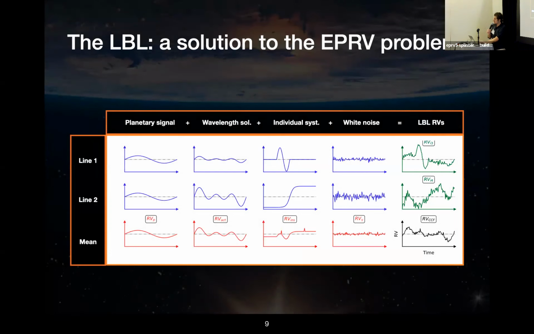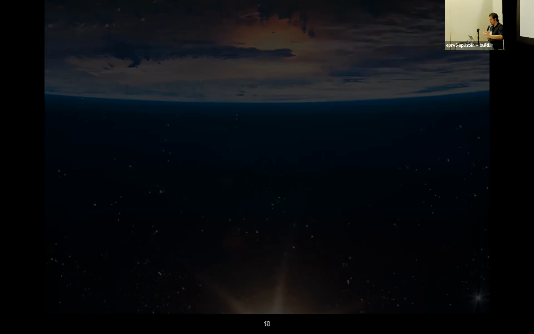And so there is one drawback with that, which is that in the model that I showed you before, I neglected one component, which is now the third column, which is the fact that each of your stellar lines can be affected by different systematics. You have the tellurics, you have stitching effects, so you have peculiar effects that you need to correct first if you want to use such a method. And so that's why I have developed